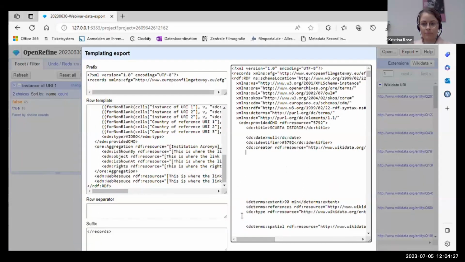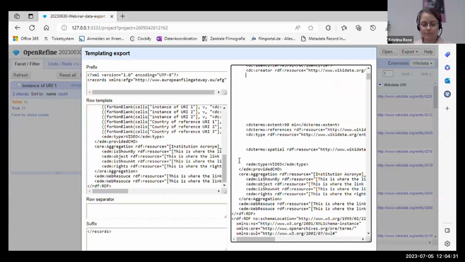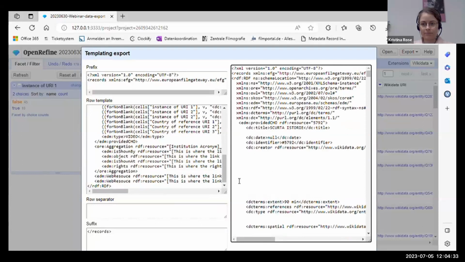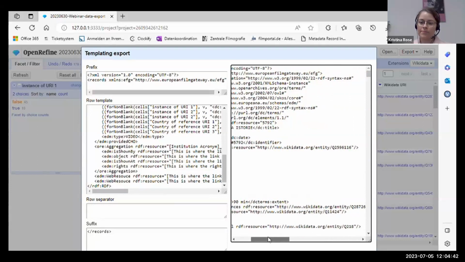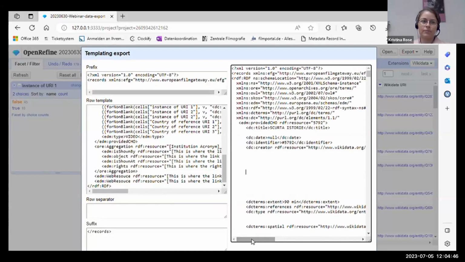You can see some empty rows here as well, but in this example the record is a lot shorter or more compact. This is because for exporting data to Europeana with the EDM format, you can, for example, for the creator here, or for the